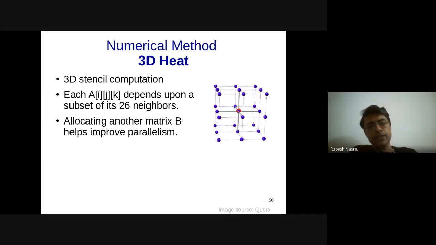So this can have a very nice impact in that this is read only, so I don't have to synchronize, and this write only is going to be parallel with respect to ijk. There would be a dependence if we were writing to the same memory location, but in this case it is not going to happen because you are just going to read, and every ijk thread is going to write to a different memory location. So therefore, this is not going to have any synchronization requirement except for this separation of memory locations.